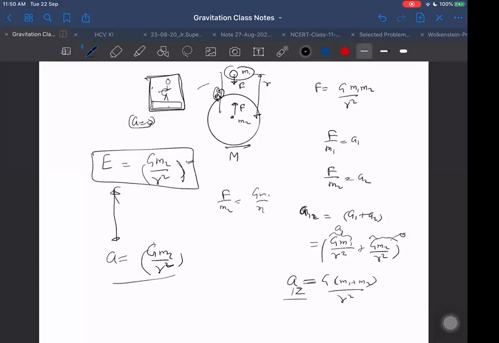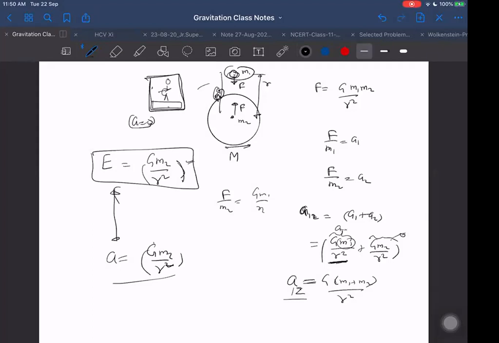So the acceleration of Earth will come out to be very less because m1 is small, but the distance is 6400 kilometers, nearly up to the center of Earth. Let us say I am taking a 10 kg mass here. Then G into 10 upon 6400 square. This acceleration of the Earth will be so less that we can assume it to be nearly an inertial frame of reference. So in this case, the field will be nearly equal to the acceleration, but you cannot say exactly equal.